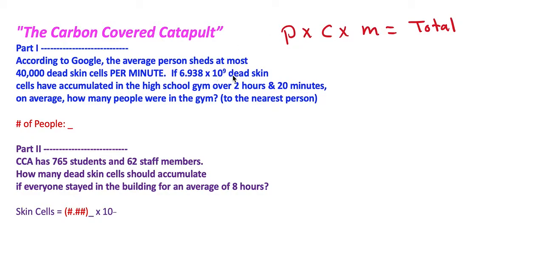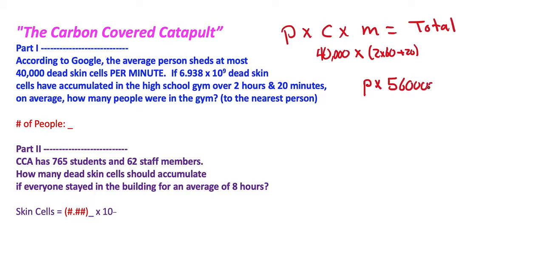So this total of dead skin cells that fell is found by the number of people times the number of cells times the number of minutes. So we're trying to find the number of people. Well, we know the number of cells: 40,000, on average, at most, times the number of minutes. So how do we get the number of minutes? Well, we would have to take 2 times 60 because there's 60 minutes in 1 hour, and then we'd have to add the extra 20. Okay, so when we have 40,000 times this number, we get the number of people times, I have it calculated here,